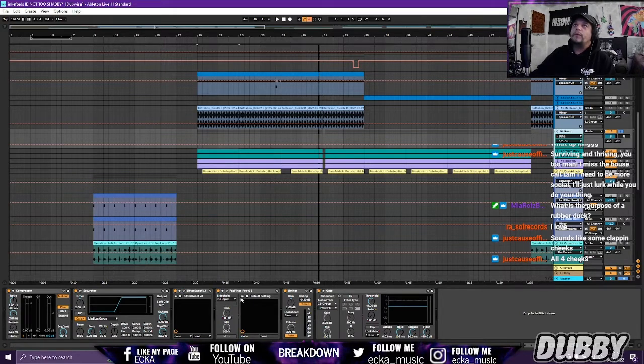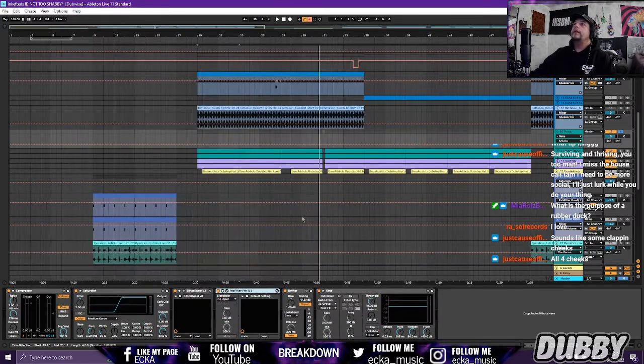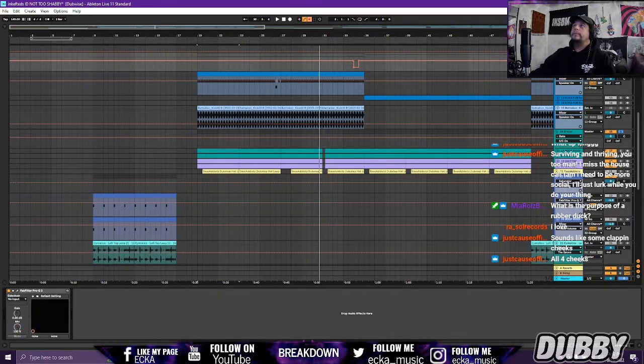After that, we add a Pro-Q 3 and boost that up a little bit more to give it more boom boom and bumpy fump. Threw a little limiter on here to push it more, and then that's when we threw on the side chaining, and we side chain it to the subgroup. So now when we have the sub and the drums,